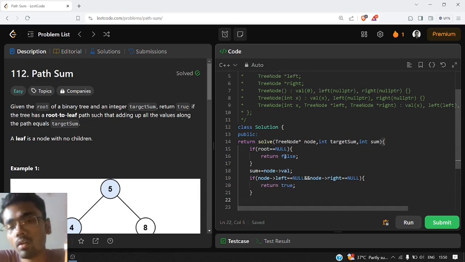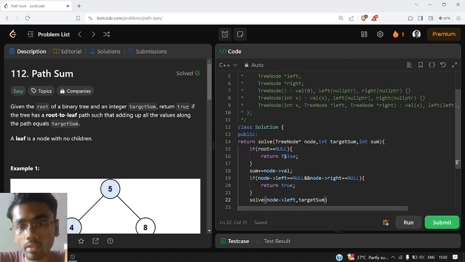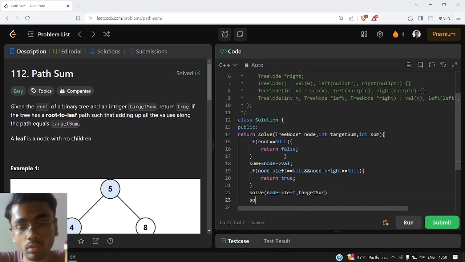Otherwise, if it is not the leaf node, we will go to its subtrees. Now what subtree to choose? We need to choose each and every direction, so we will traverse through the left part as well as the right part. We will traverse to the left part, with the rest of the things remaining the same, and we will traverse to the right part, and the other things remain the same.